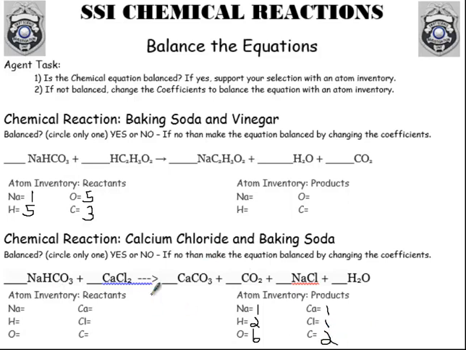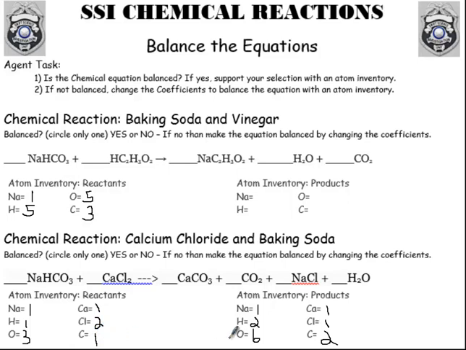Again, to make sure that whatever you finish with, you must have at the beginning. So we take a look. 1 Na. The total number of H's is 1. The total number of O's is 3. Number of Ca's, 1. Cl's is 2. And the carbons